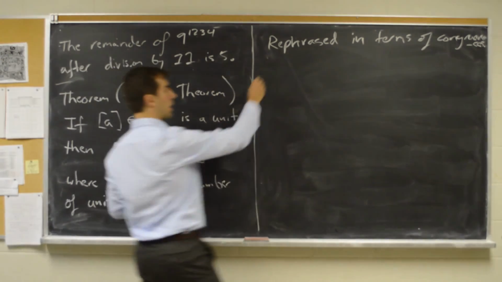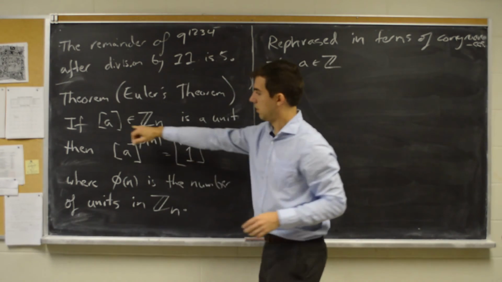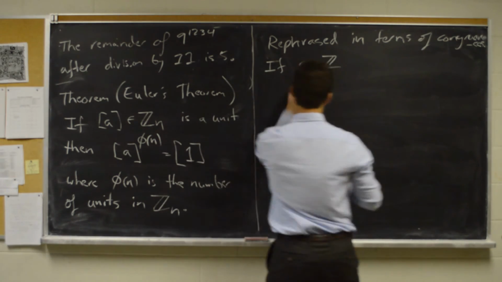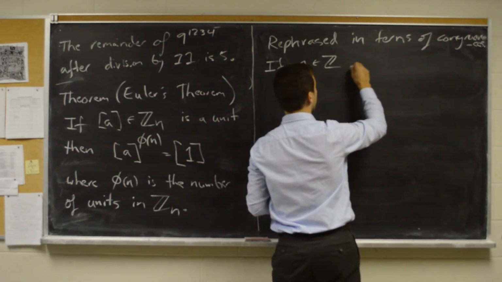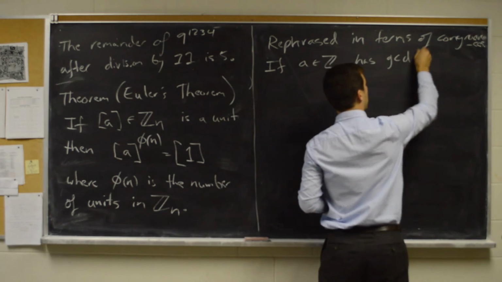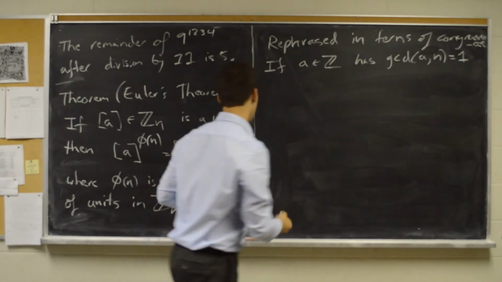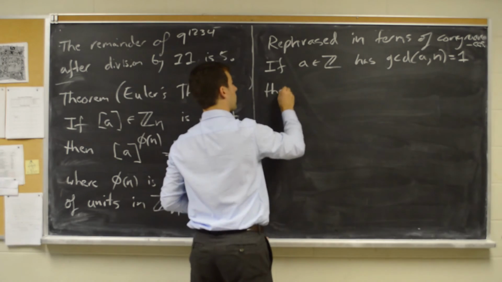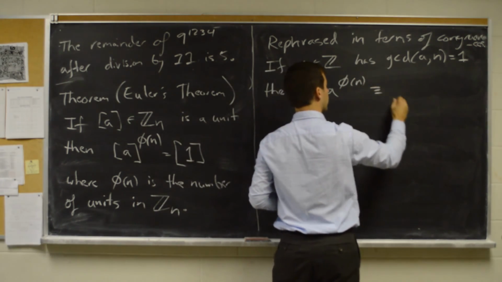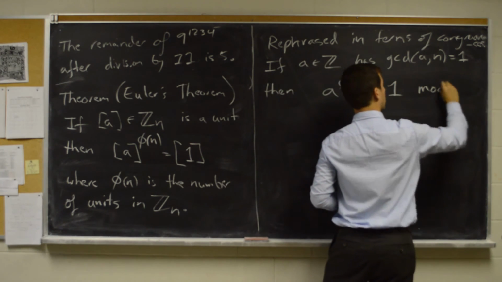Well, instead of working with a congruence class and asking that to be a unit, I'm going to take an integer a and say if this integer has GCD of a and n be 1, so if it's relatively prime to n, then a to the phi of n is congruent to 1 mod n,